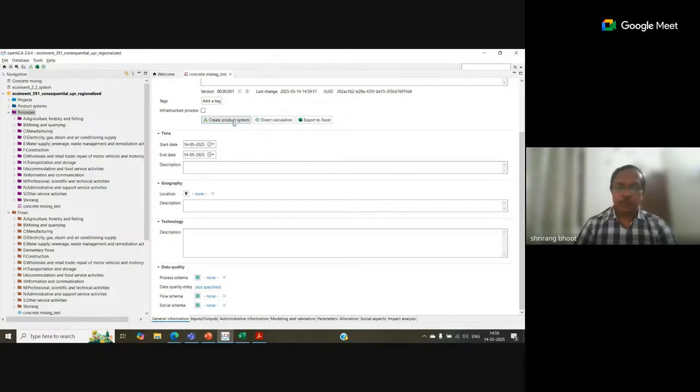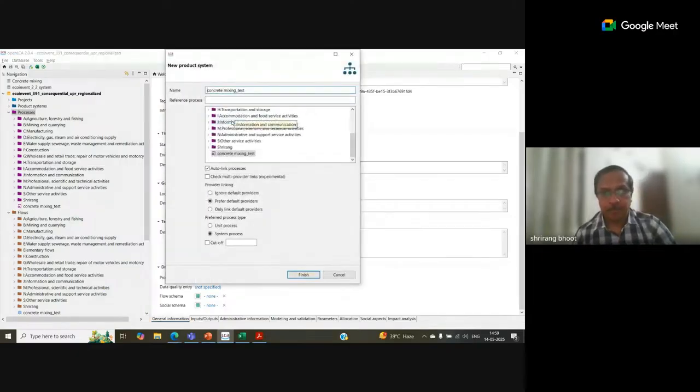So first I can create a product system. The real process is to write down the flows, then go to process, and then go to product system. But since we want to use the flows from the database, we have directly gone into process, and from process we can go into product system. So we create a product system, and this is the flow which has been selected.